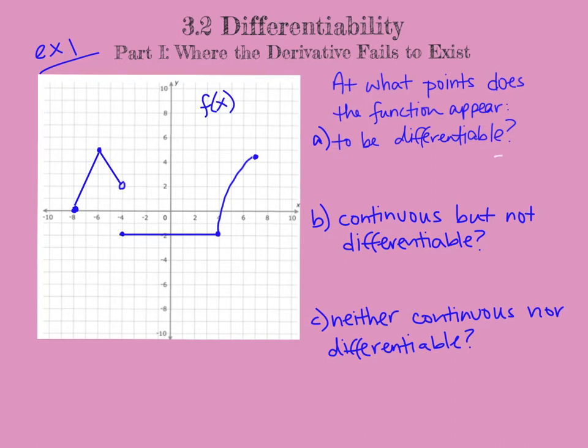There's our first issue. Then as we keep going from left to right, we have this discontinuity here, a jump discontinuity at -4. Therefore, we're not differentiable there. Then we keep moving from left to right on our function, and then we hit a cusp here when x is 4. And then our function stays nice until the end at x is 7. So we are differentiable on all